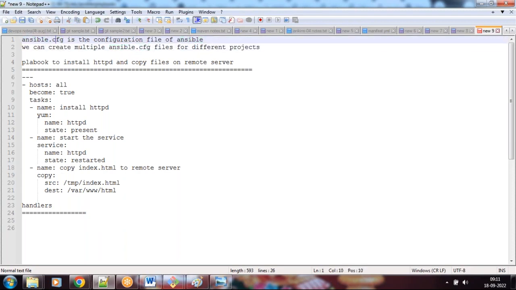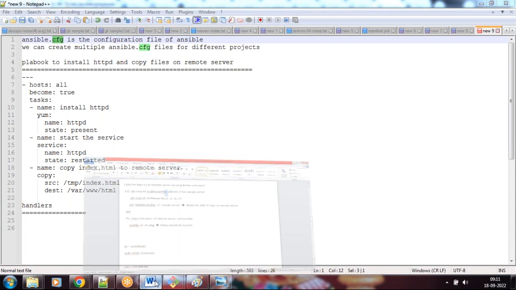Ansible.cfg, what is this Ansible.cfg? And the first thing is we did the Ansible installation process using the yum command. Okay, using the yum command we did the Ansible installation process. It's a documentation. Okay,